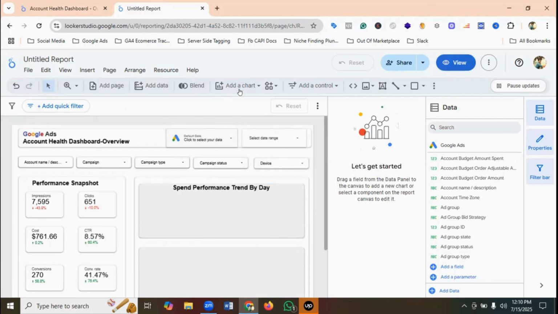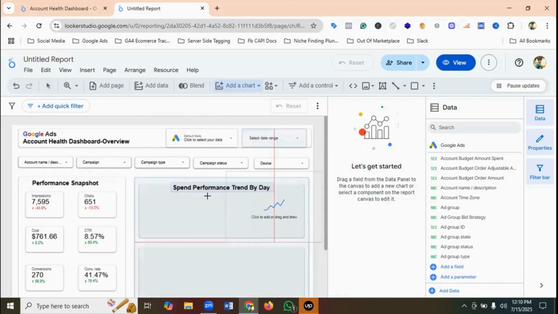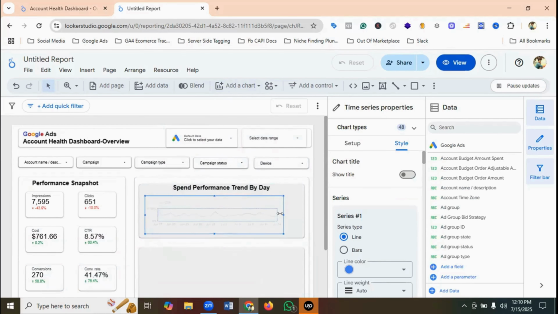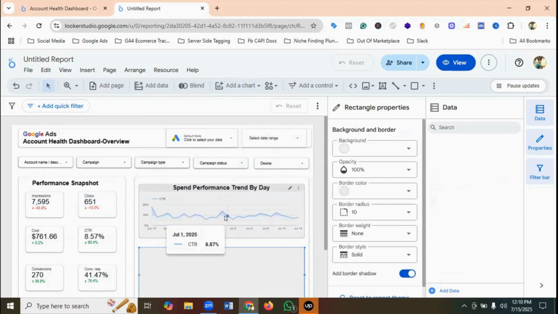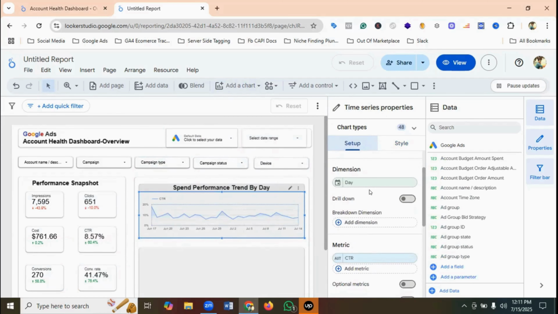So we are going to be using a time series. So for adding the time series, I'll go to the add a chart section. Then you can see we have a couple of options for using time series. So I'll be using this one. Now I need to customize this. So let's drag this to the right. Let's drag this to the left. Let's drag this to the bottom. And let's drag this to the top. Okay. Let's go to the setup section, and as the dimension, we are going to be using day,